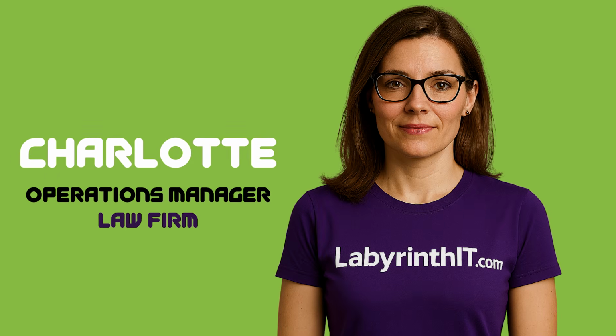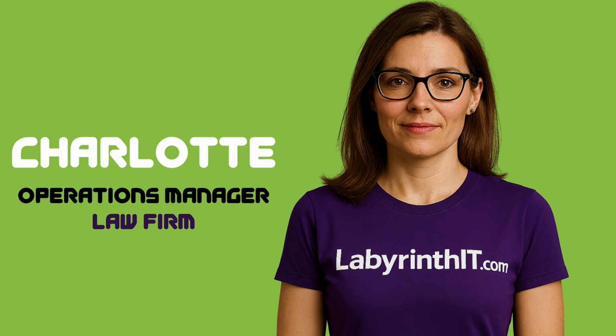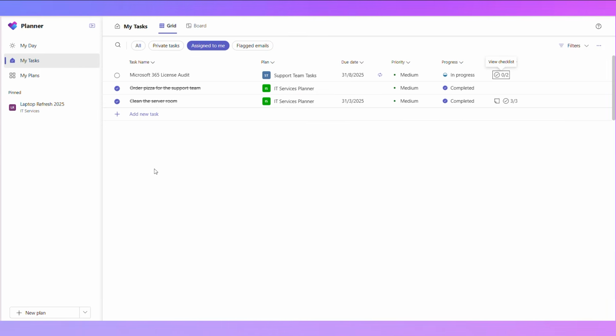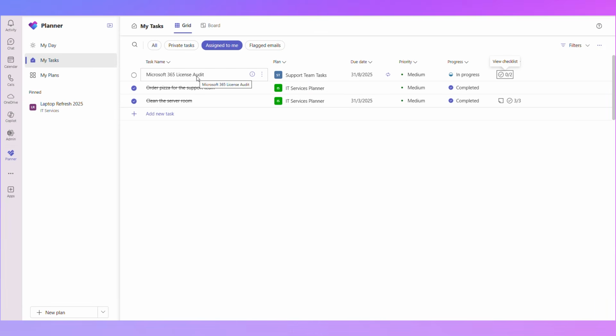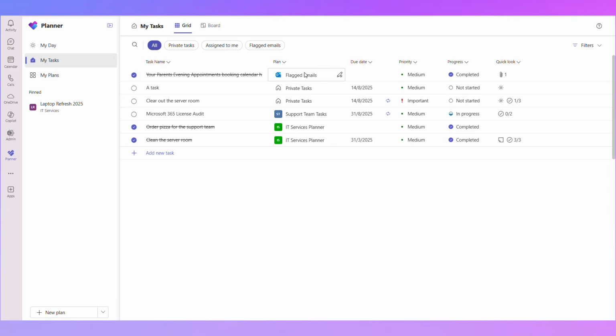Matt, what about your private tasks created in Microsoft To Do? Will they also show here? Yes, Charlotte, you can actually see tasks that you have created in Microsoft To Do here. So if I click on All Tasks, I can see all of my tasks, wherever they have come from, whether it's a private task that I've created in here or in Microsoft To Do, or something that's assigned to me